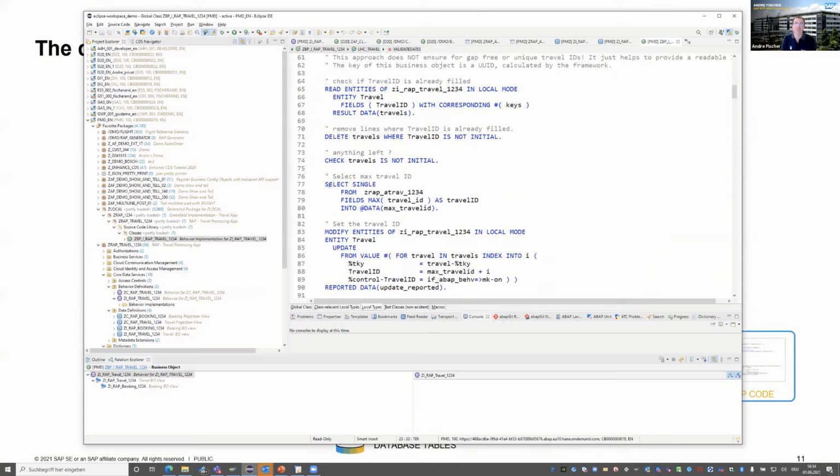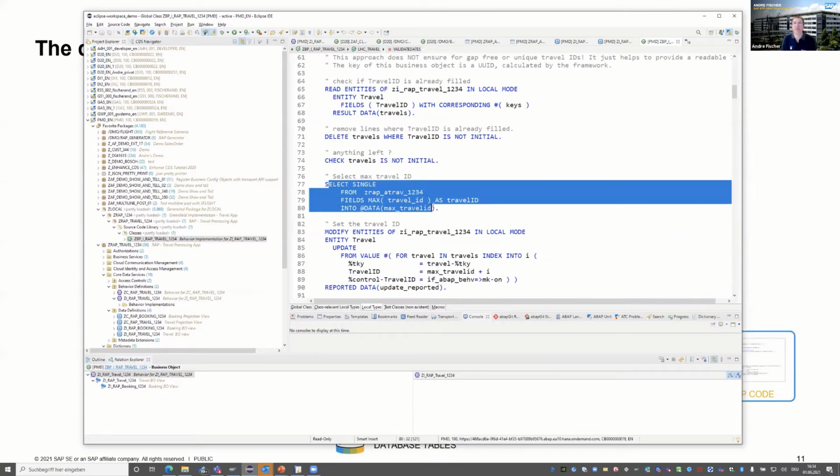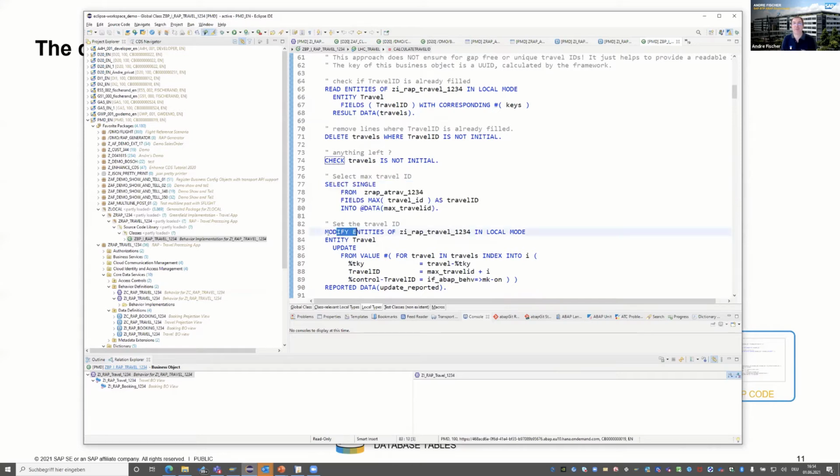This is a poor man's approach. Rather than using a number range, we are just using the maximum number of items in that table. And then here you see something which is new with RAP. We have a modify entity statement.